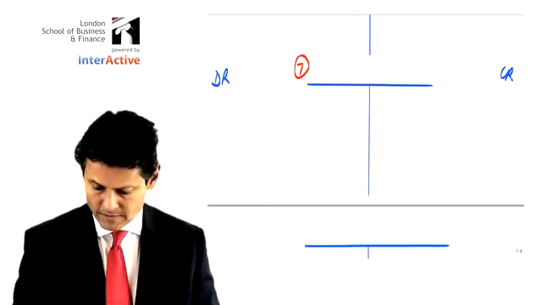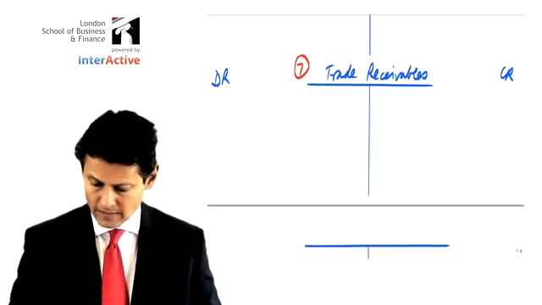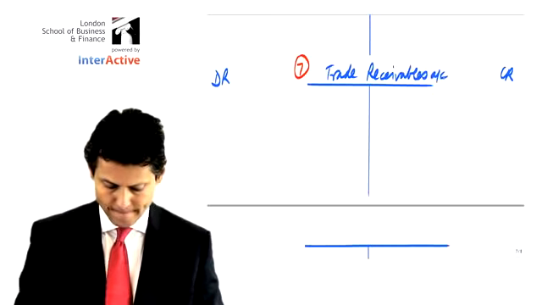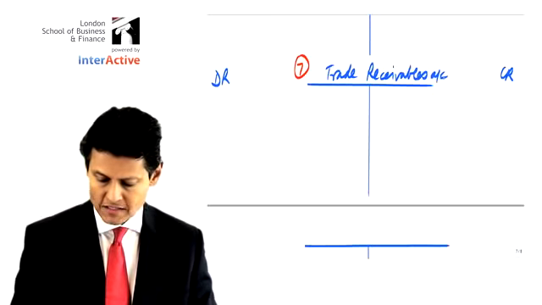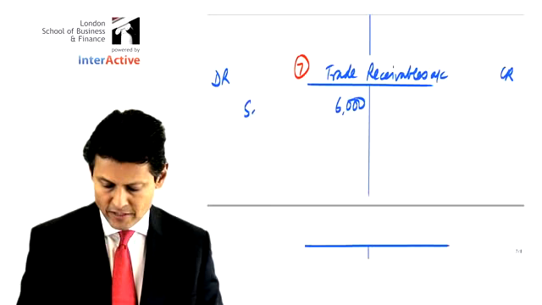Debit, credit, trade receivables account, 6,000 on the debit side, credit sales revenue,